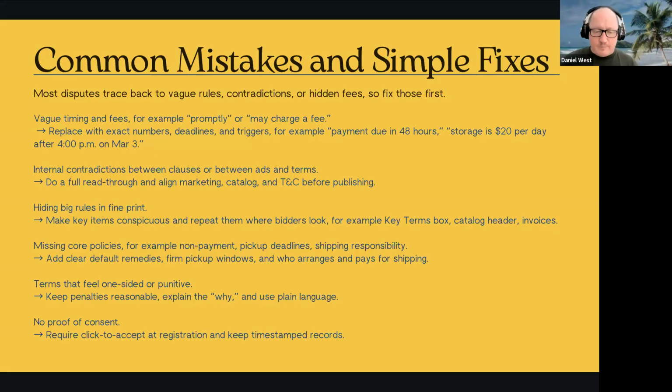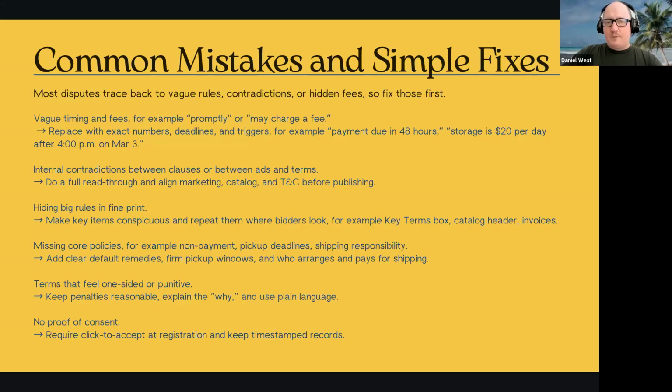If you're using our software, consider putting it in the header text for the entire auction. If there's something very important that you want them to know, put it right up at the top so there's no way they can miss it. Yes, they're going to agree to the terms and conditions, but also every single page says it. We actually have a feature that allows you to append a certain text to every single item in an auction. You can do that too. So it's inescapable.